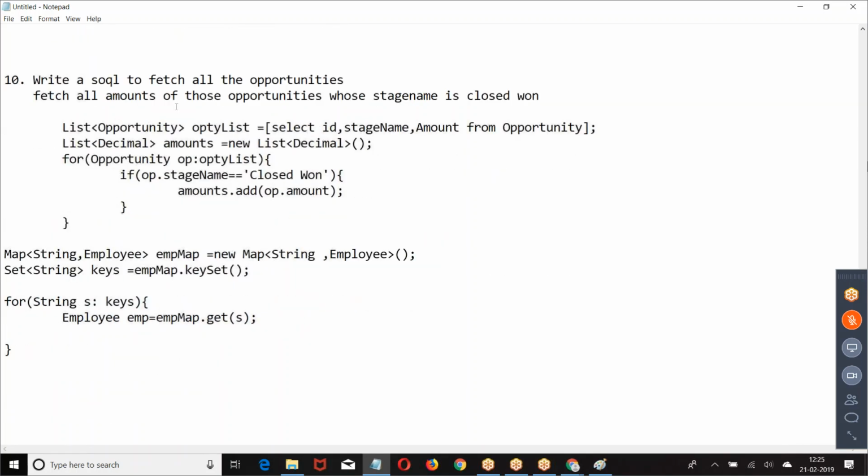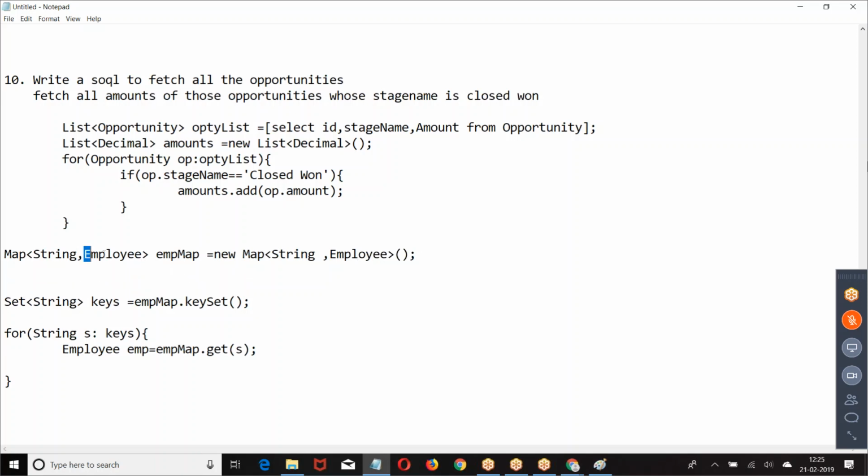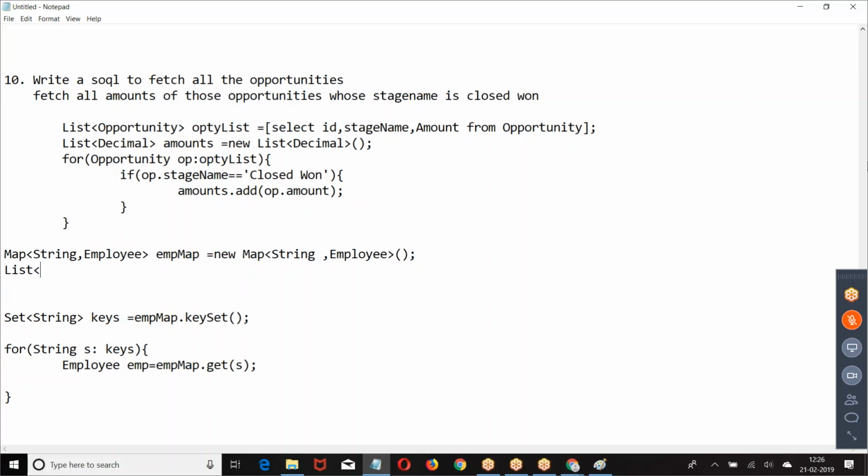Here one more thing is emp map dot put e.emp comma e. That one I did. How do you insert the elements into the map? That's fine, but why are we writing e.emp number comma e? First, the basic thing you need to understand is what is the key you are taking and what is the value you are taking. When I write employee, what is the meaning of this? It's the employee instance we have to pass.